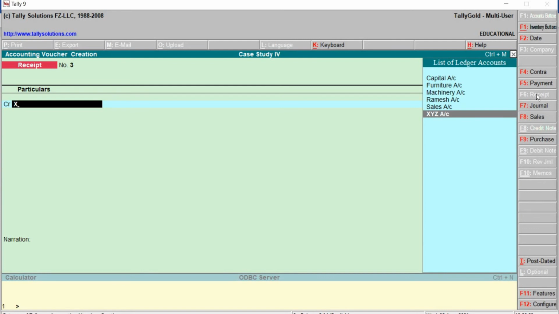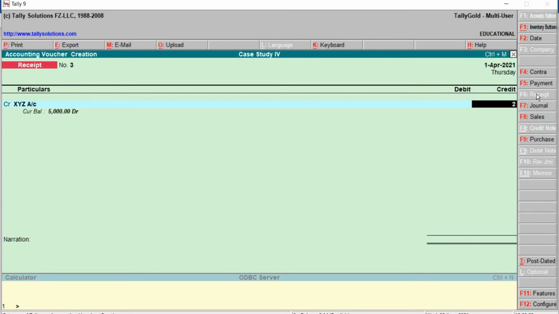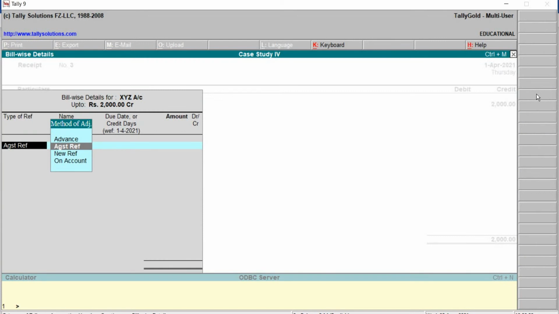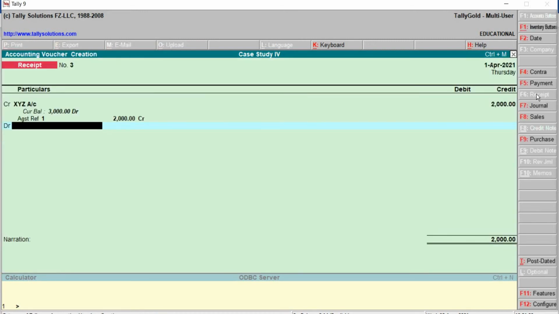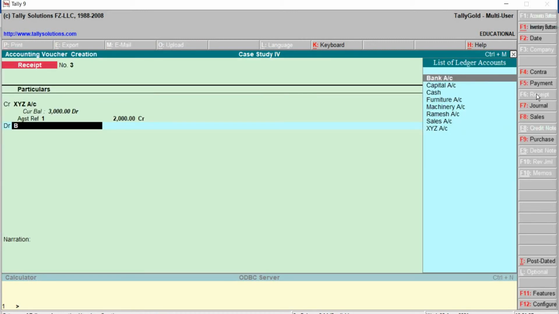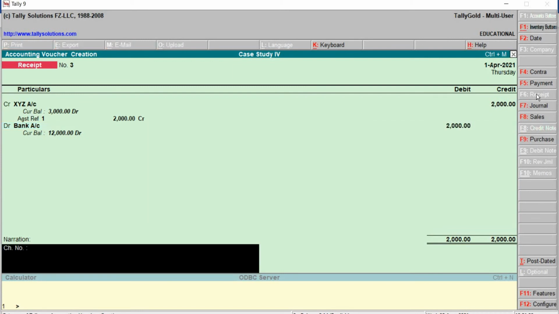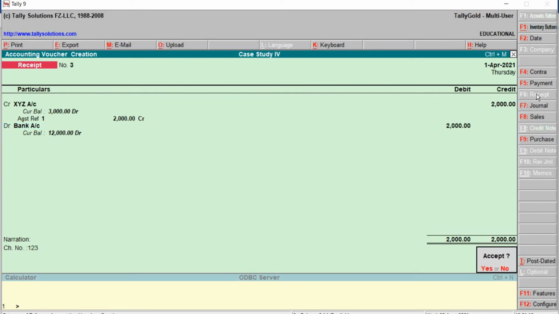Credit will be XYZ 2,000 against the reference 1, that is the sales voucher. Debit will be bank account 2,000. Mention the cheque number, later save. Accept, press Y from the keyboard.